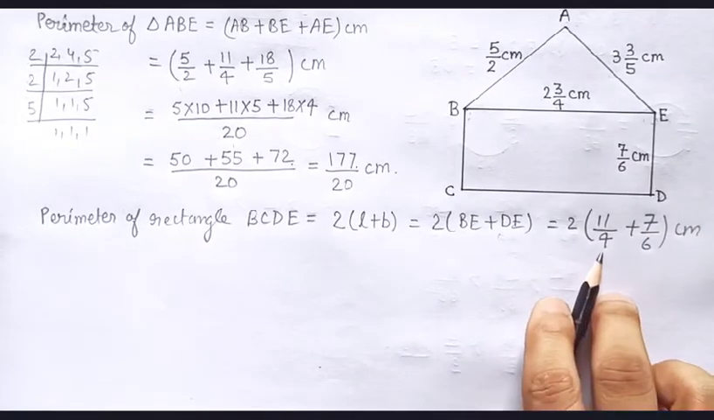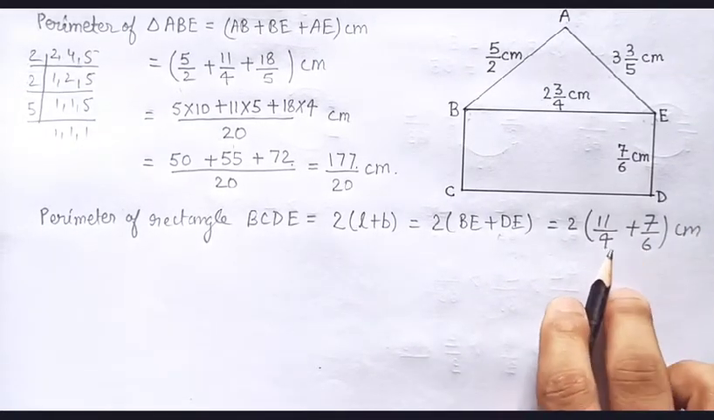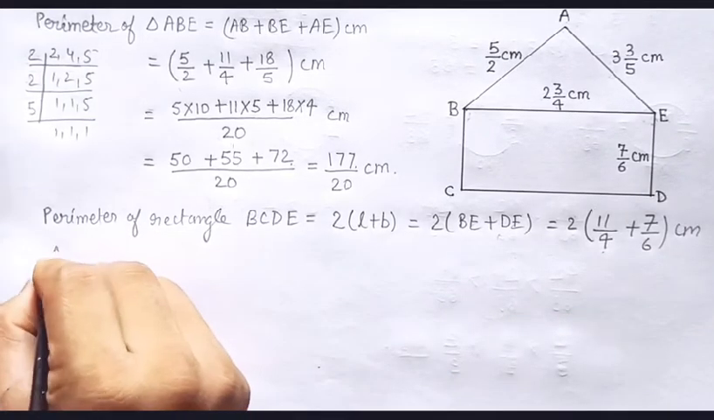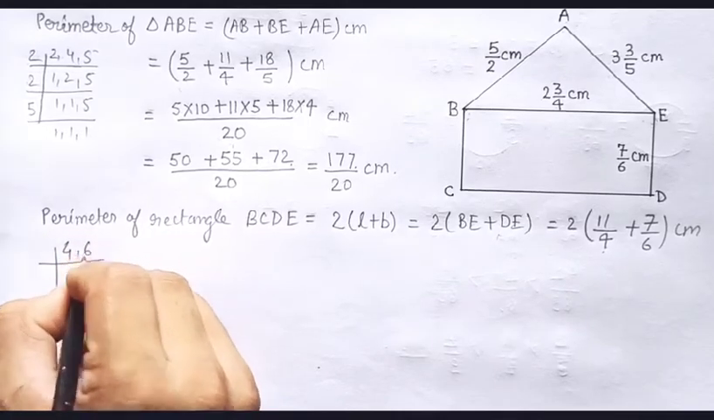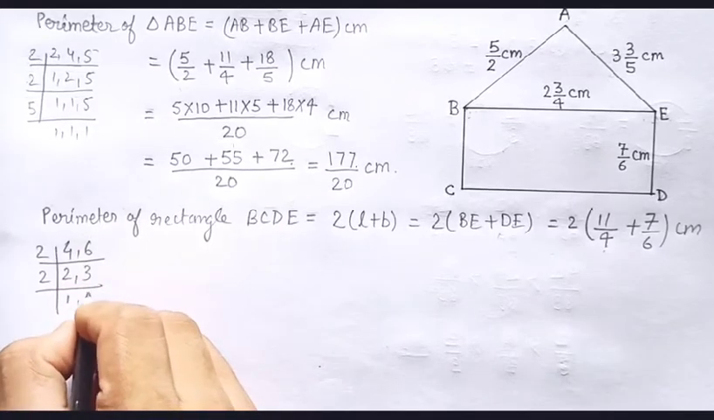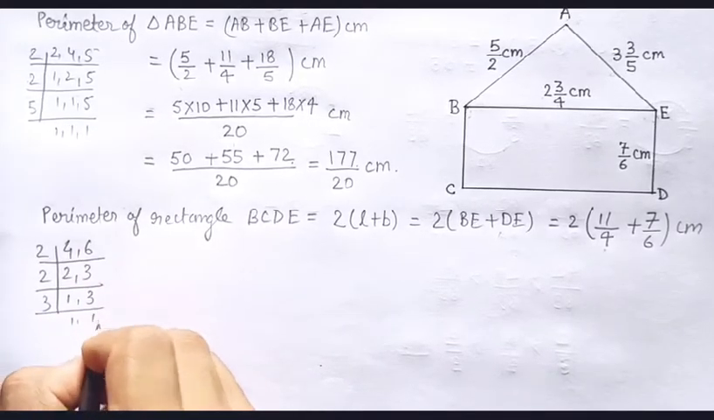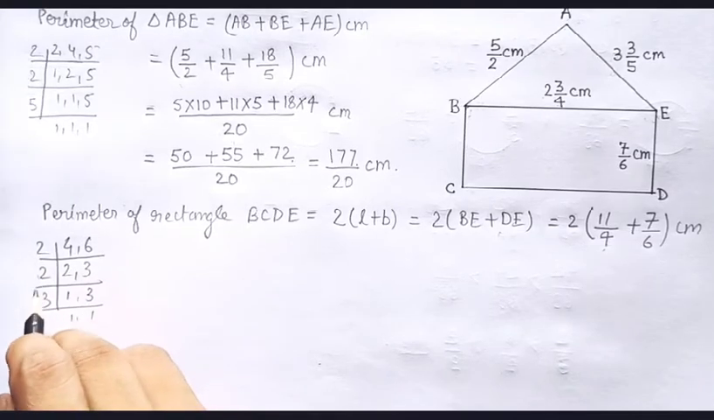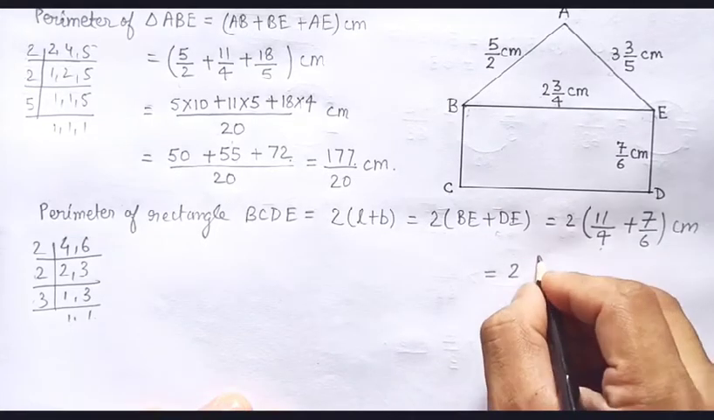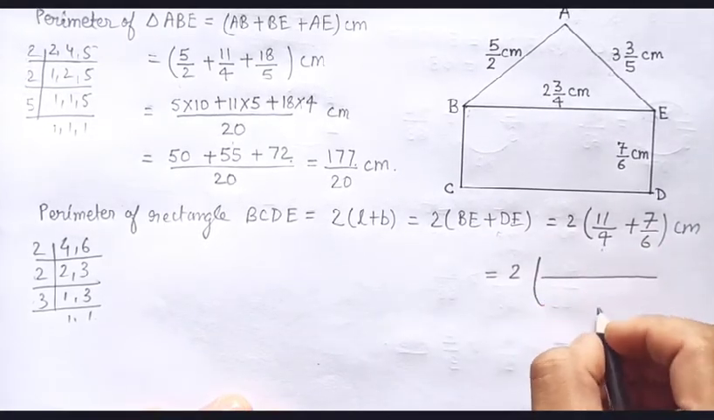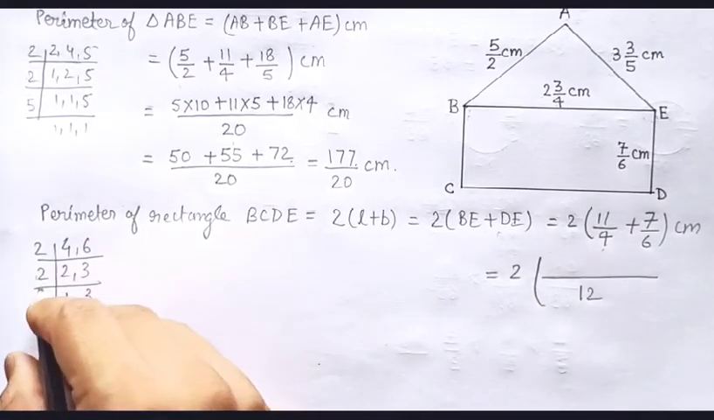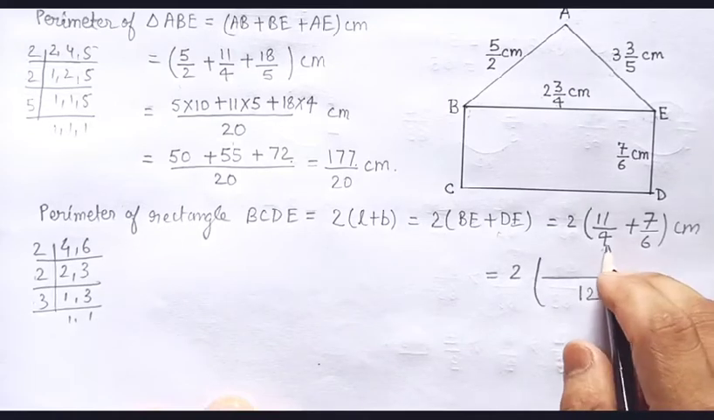So again you can see the given fractions are unlike fractions, so we have to take the LCM of 4 and 6. So LCM of 4 and 6: 4 and 6, 2 times 2, 2 times 3, and this is 3. So LCM is 2 into 2 is 4, 4 into 3 is 12. So we can write in the denominator the LCM of 4 and 6, that is 12. And you know when 12 is divided by 4, then it gives